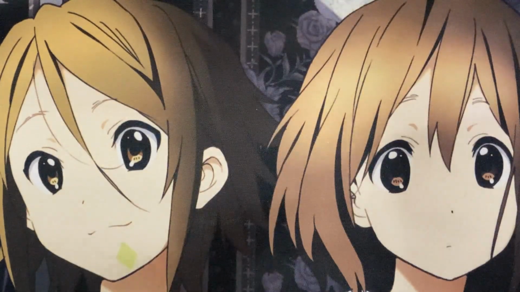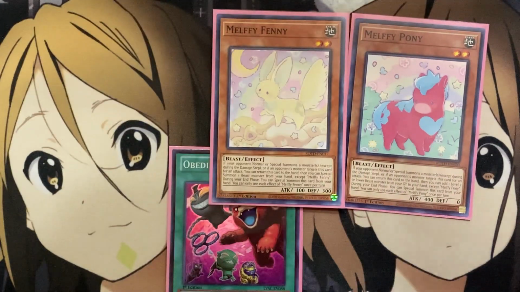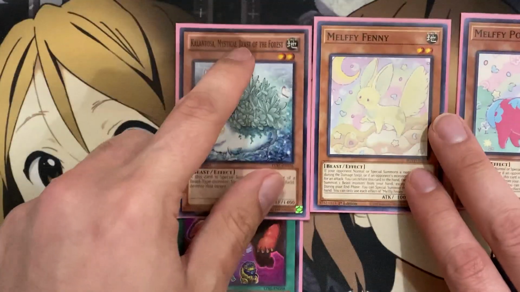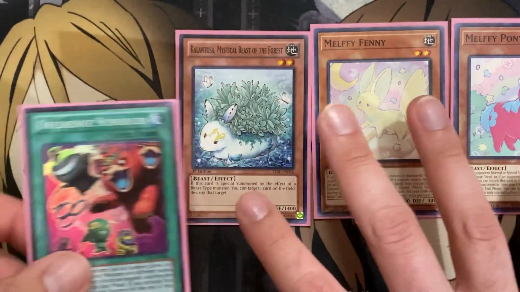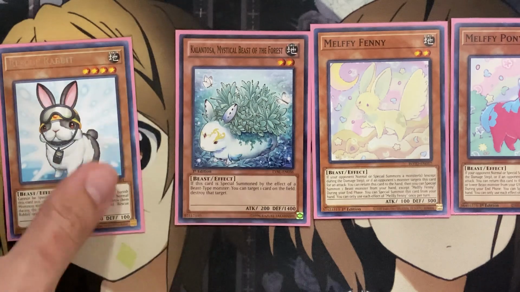The Obedient School play, also very, very useful, being able to special summon 3 differently named beast-type monsters onto the field. Doesn't even necessarily have to be the Melffy cards. Just remember that Kalantosa has to be special summoned by a beast-type monster to gain its effect, and it's negated anyway with Obedient School. But then you can also still use the additional summon of your normal summon for your